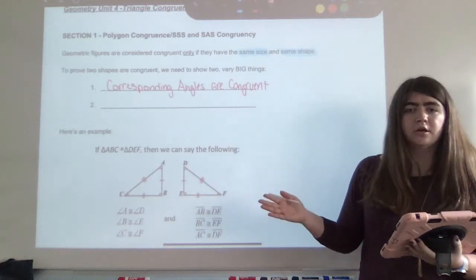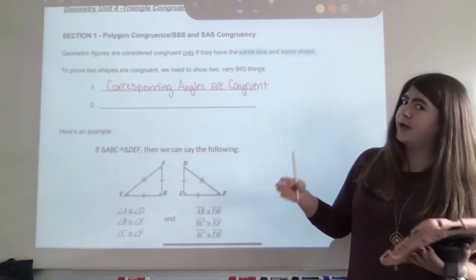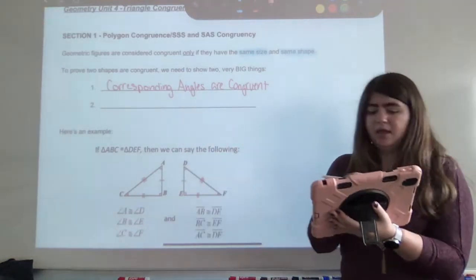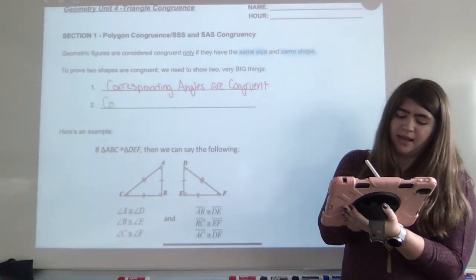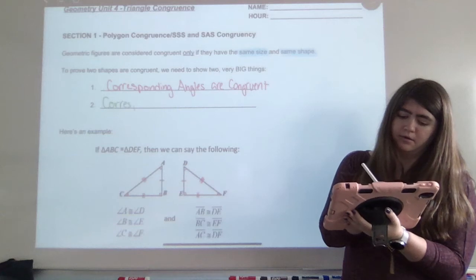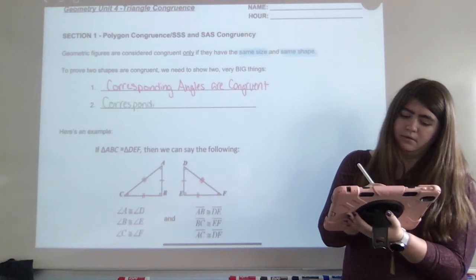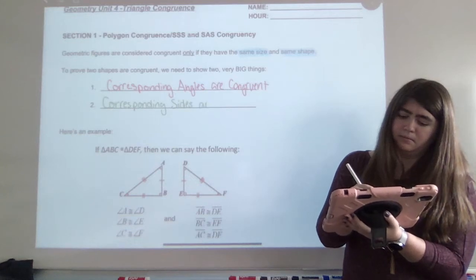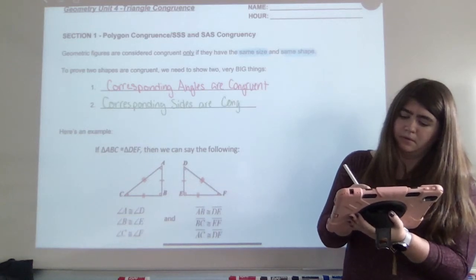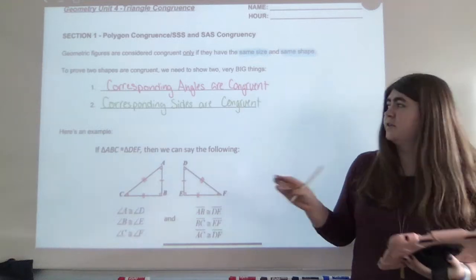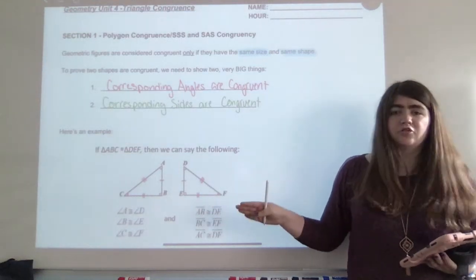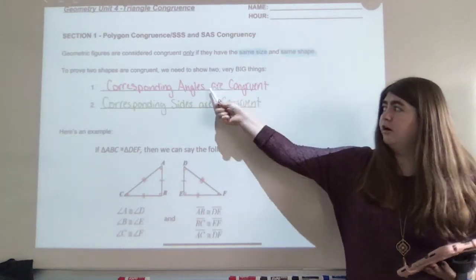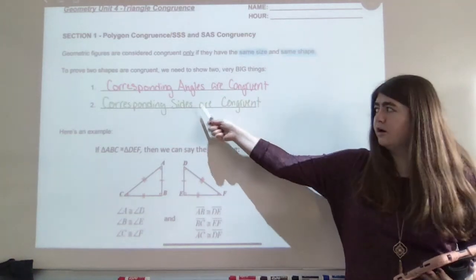The other one, if you think about it, in a polygon, you have angles and you have sides. So the other really big thing is that corresponding sides are congruent. Again, all angles should be congruent, all sides should be